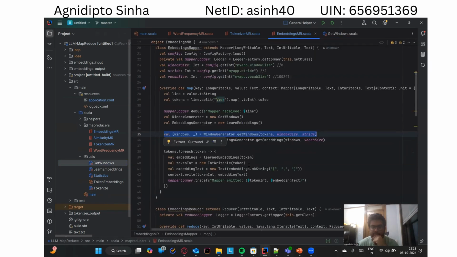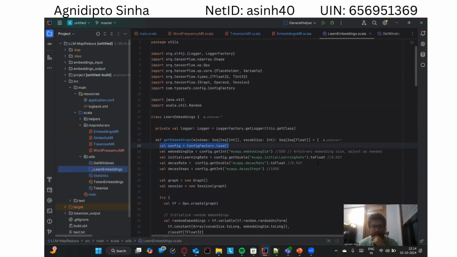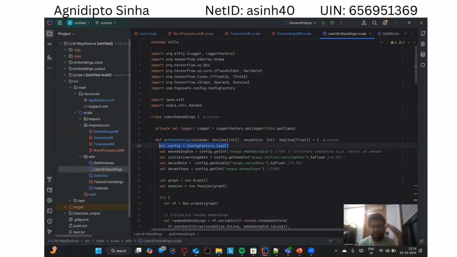Next thing is we are getting the learned embeddings, basically. The embeddings generator is, yeah, this is the code for the